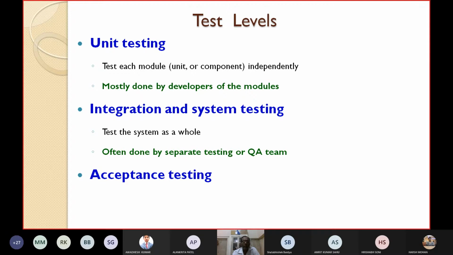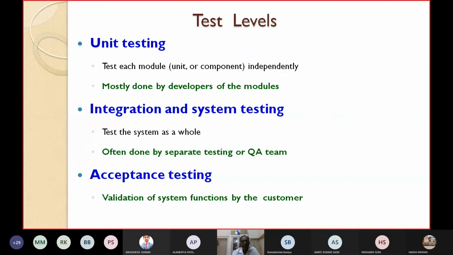Then about acceptance testing, you know that here validation of the system functions is done by the customer. The customer will finally test what he wants and whether the developed software fully meets his requirements or not. So validation of system functions is performed by the customer. This is acceptance testing. And regression testing, you know that when you make some modifications to one module or one unit, you want to know whether the modification affects other parts of the system or not. In order to ensure that, we perform regression testing. Those are very fundamental definitions we have already discussed earlier.